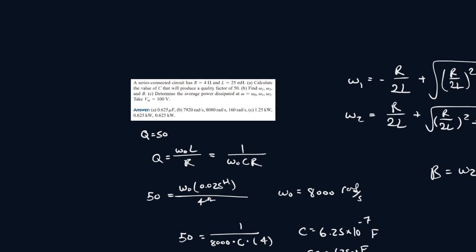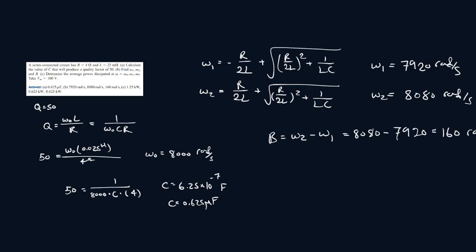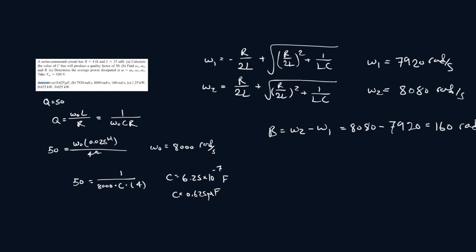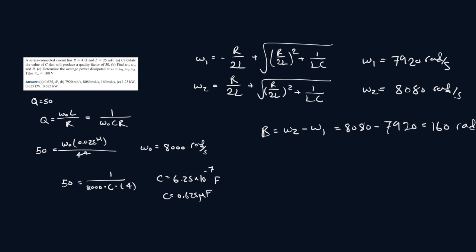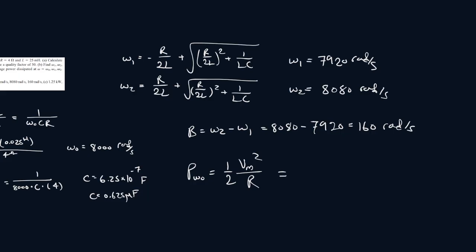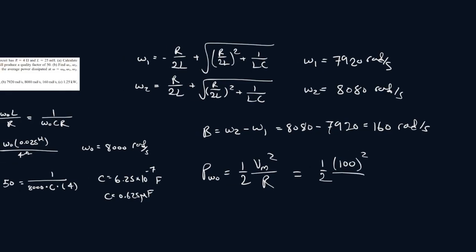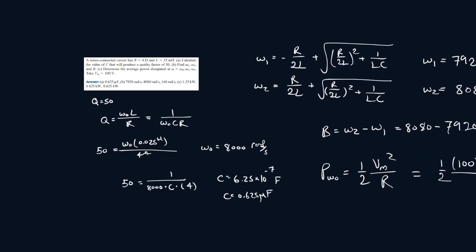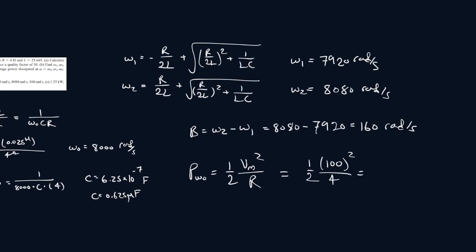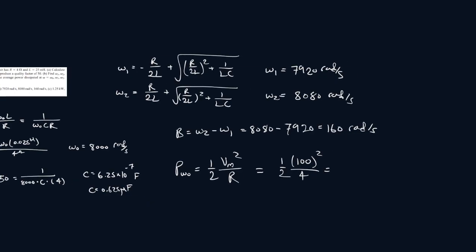Now we just need to find power. Okay, so to find the power, for WO, which is the resonant frequency, it's equal to 1 over 2 Vm squared all over R. Okay, so it'll be 1 over 2 times 100 squared all over, what was the resistance again? Resistance was 4. And that should give you